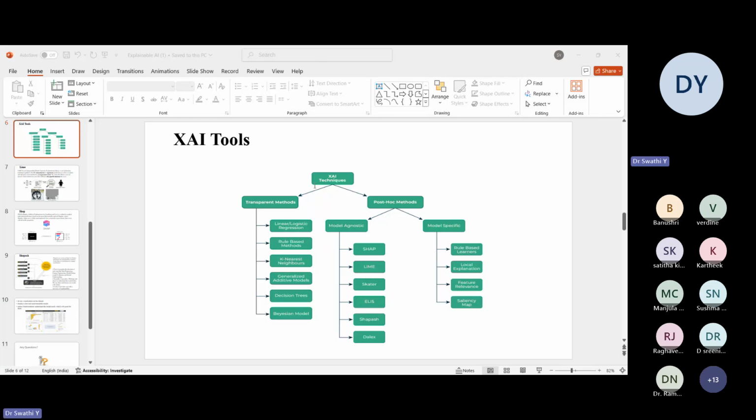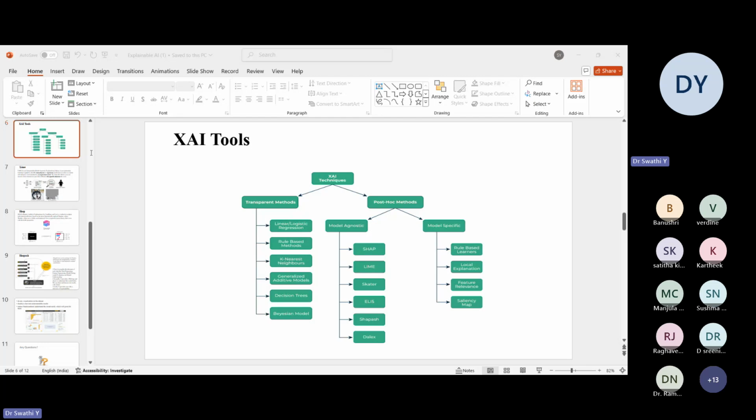For Lime and Sharp, I've taken the diabetic prediction dataset. The machine learning steps, training, testing, prediction, are all common, even if you want to use any of the explainable AI tools.